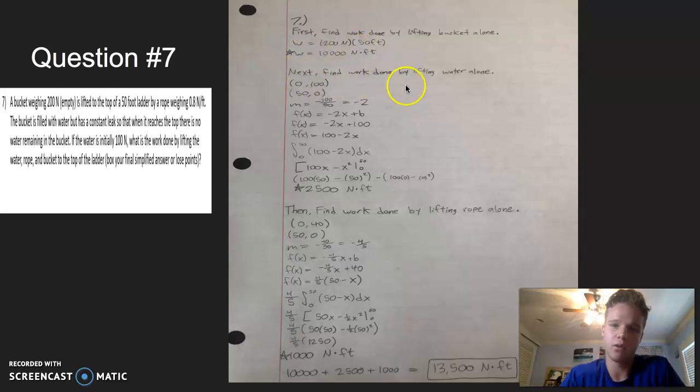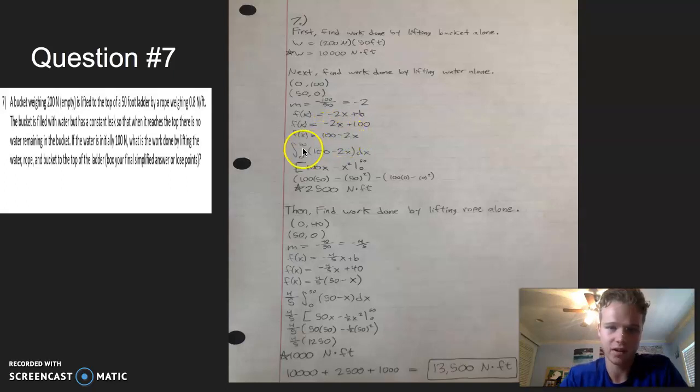And then after that, I found the work done by lifting the water alone. At 0 feet, there's 100 newtons of water, because initially there's 100, and then at 50 feet, because the ladder is 50 feet tall, there's none. I found the slope of this to be negative 100 over 50, which is negative 2. I plugged that into the slope-intercept equation, which is mx plus b. So I plugged in the slope and the y-intercept, which is (0, 100), and got negative 2x plus 100, or